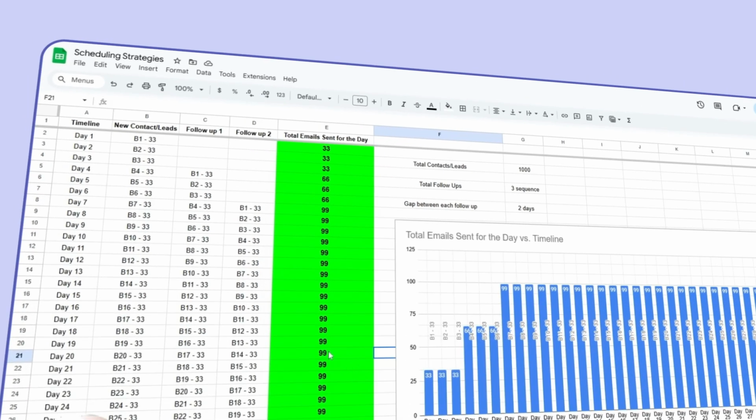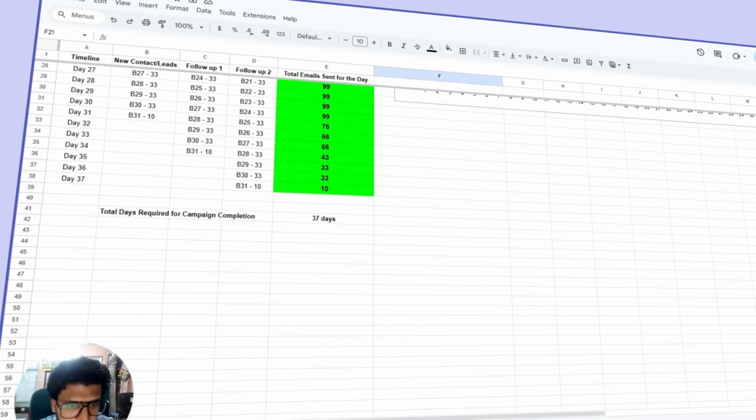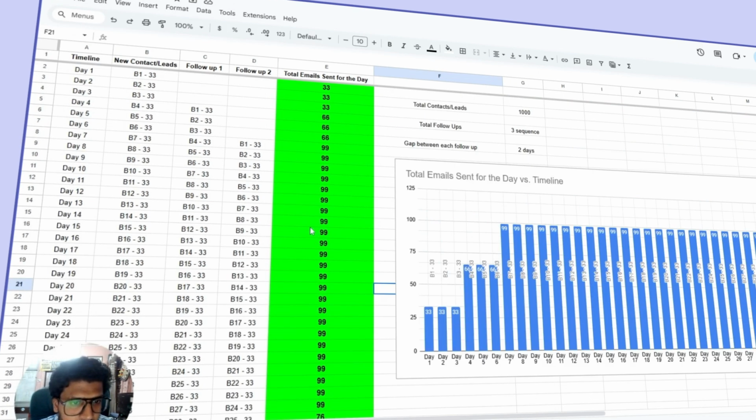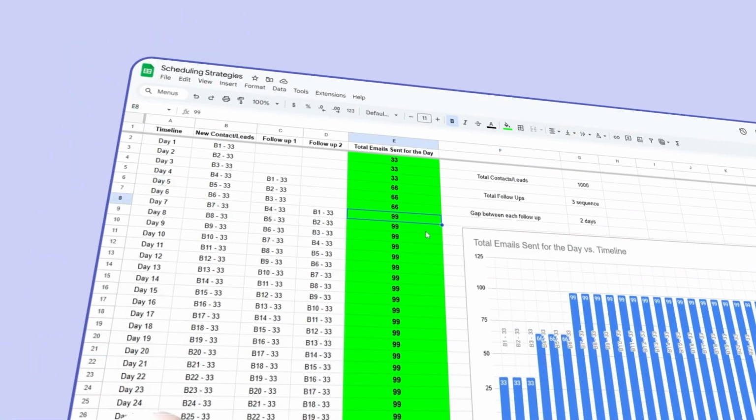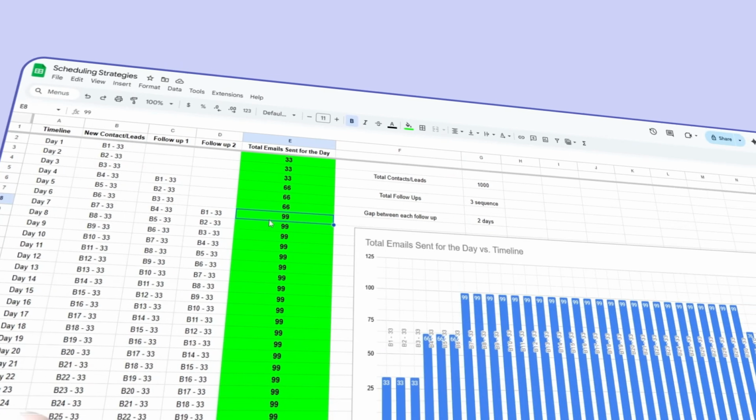Third is the balanced mode, which is what we recommend at Deliveryman. The reason is that this adheres to the daily sending limit of 100 emails per day. It is also not the quickest one and not the longest one. This is the most balanced and appropriate strategy. What we do here is determine the highest number of emails that are going to be sent on one particular day, and depending on the number of follow-ups, we split that into different batches.